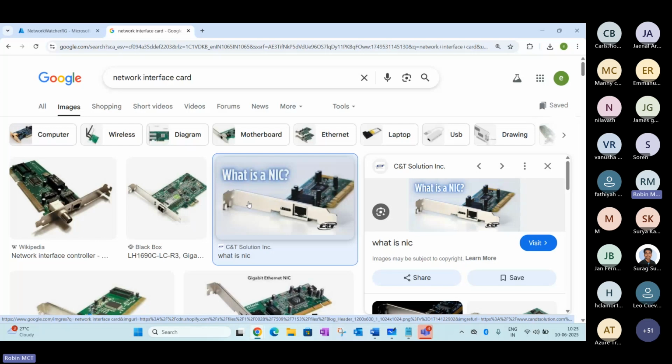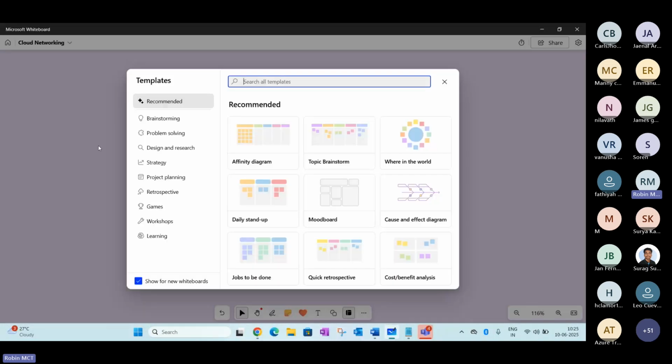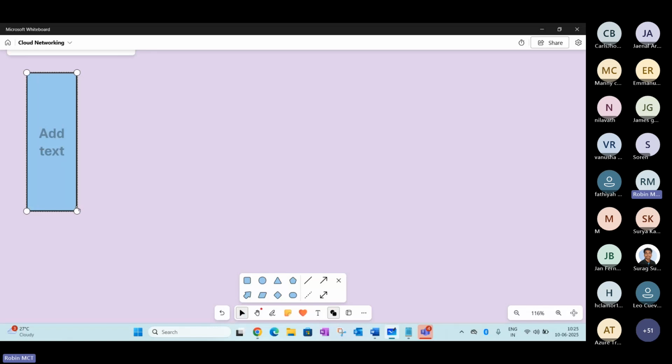Now let's see how practically a vNIC is created in a cloud scenario. As you may already know, in an on-premises scenario this is available by default on your server motherboard, right? If you take any physical host, for example a Cisco UCS, or IBM, Dell or HP servers, by default you may have noticed that on top of your motherboard, on the PCI Express or PCI slot, this network interface card is available. That means a physical asset is available.